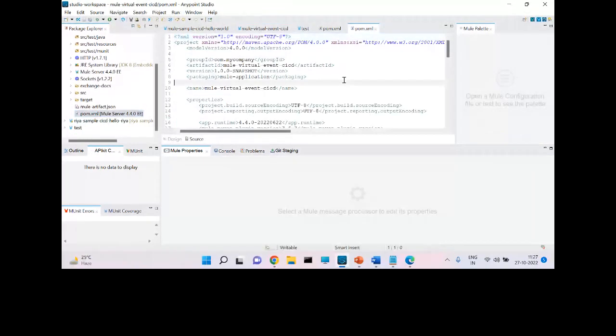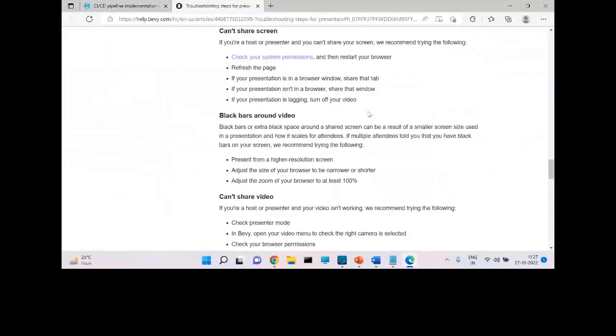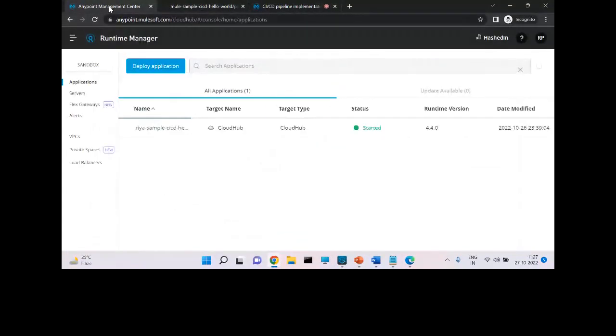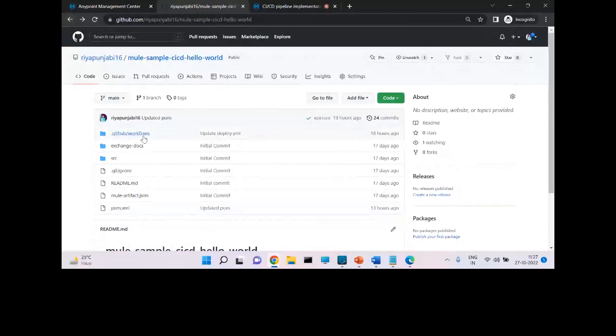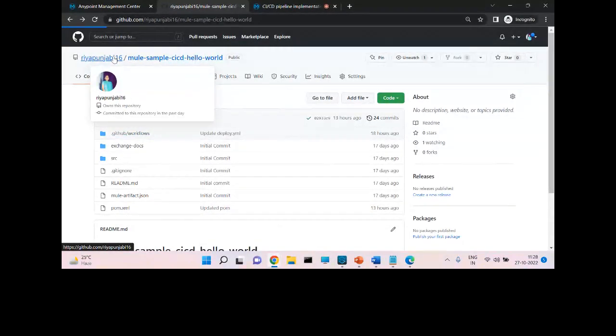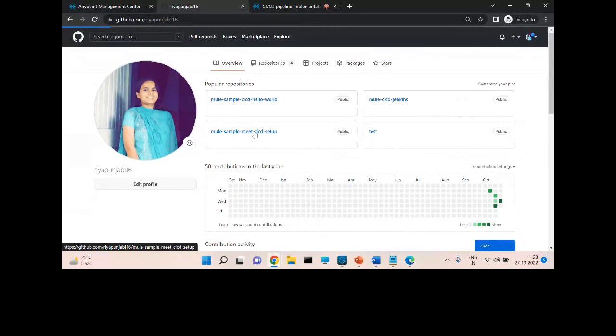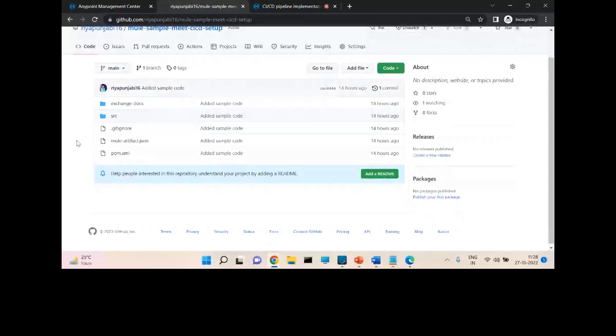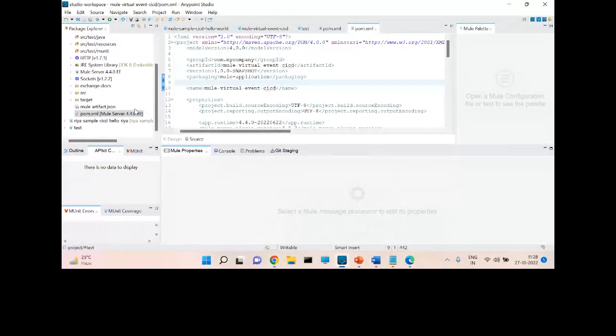I have also pushed this code. I have initialized our initial repository with this basic code, nothing extra. Now I will show you the steps we will do. What we have discussed is that we have to add the CloudHub deployment plugin in the POM. So in the POM, we have to add this deployment plugin.